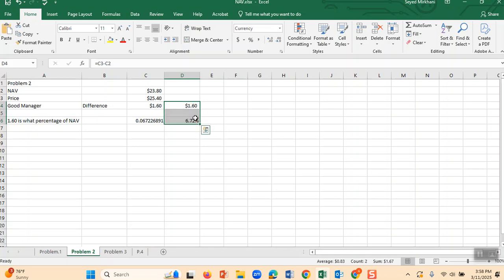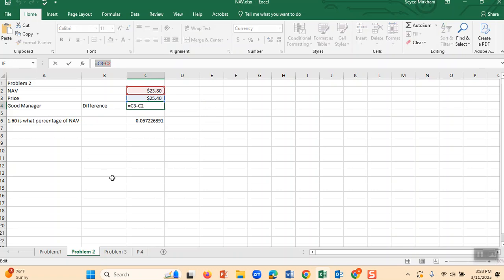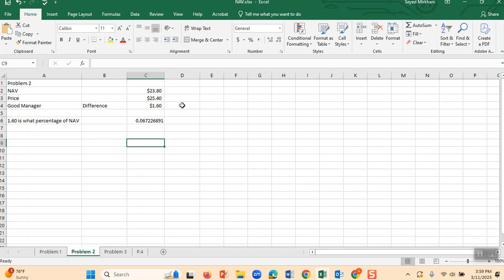I want you to do the same thing by putting these numbers in Excel. Please make sure that you use formula. Just don't look at here. When I click on this 1.60, the formula is supposed to be showing here. Some students don't use formulas. They go here, they click here, and they type 1.60. You are not supposed to type this number here. You are supposed to use the calculation.